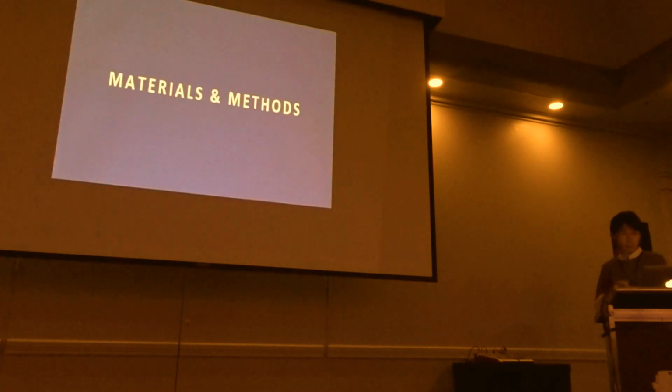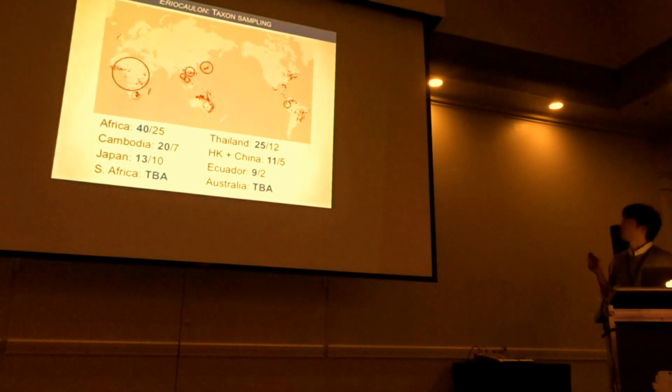Okay, so method. I should briefly explain taxon sampling. Our taxon sampling covers not all the distribution, but covers most of the important areas, such as Africa. We have 14 specimens sampled, probably representing around 25 species. And the other one includes the Thailand collection, 25, or Cambodia and Thailand here, Cambodia, 20 specimens, and Hong Kong, China, we have some collection, and then the Japanese specimens, and then some are from Ecuador, because we have a